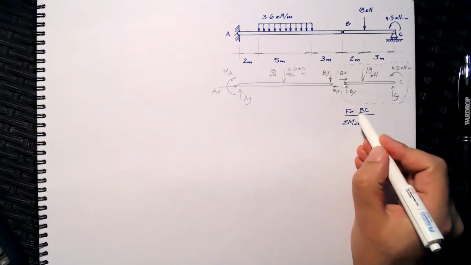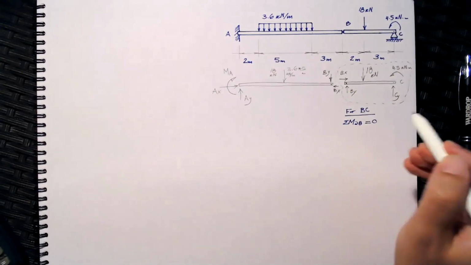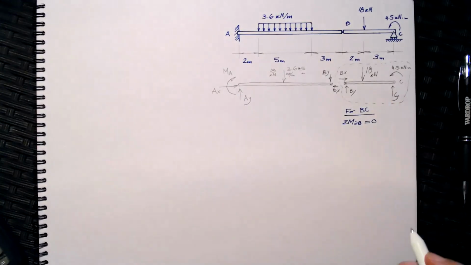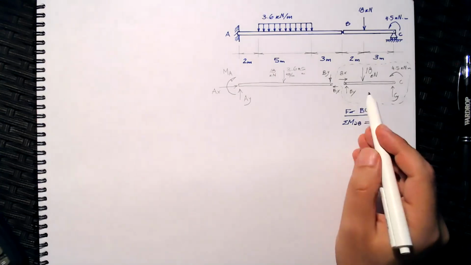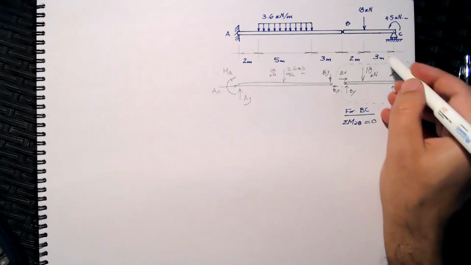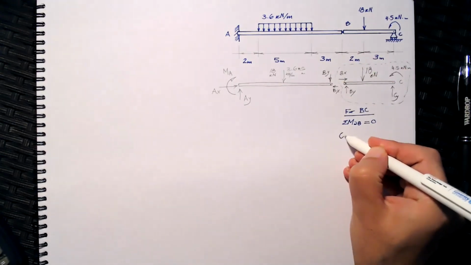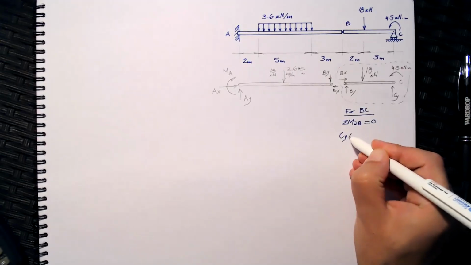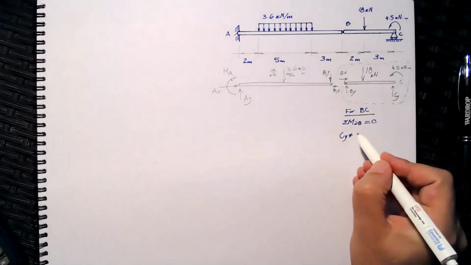And when I take the summation of moments about B here, it will have to equal 0 because this part is in equilibrium. So what are the forces causing moment about B? Cy is causing moment counterclockwise, so I will consider Cy as positive, multiplied by the distance from C to B, which is 5